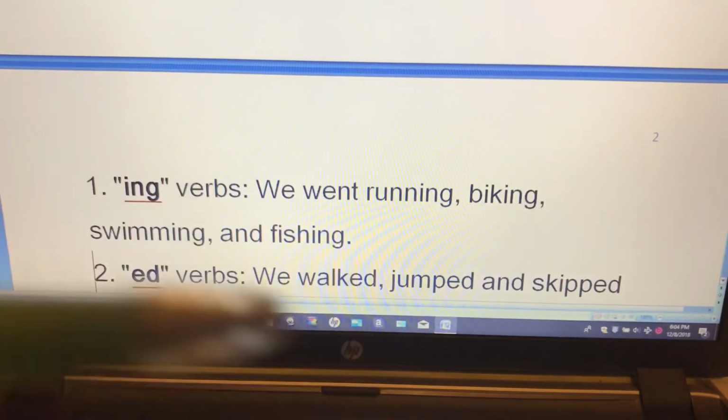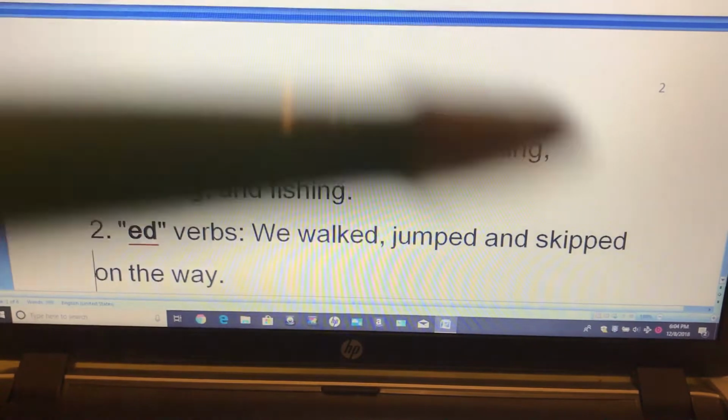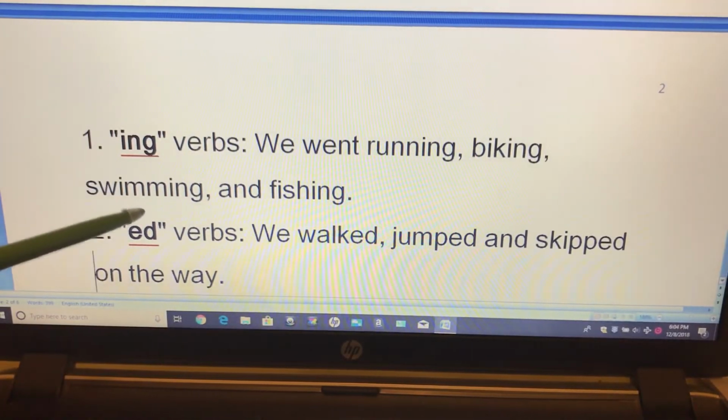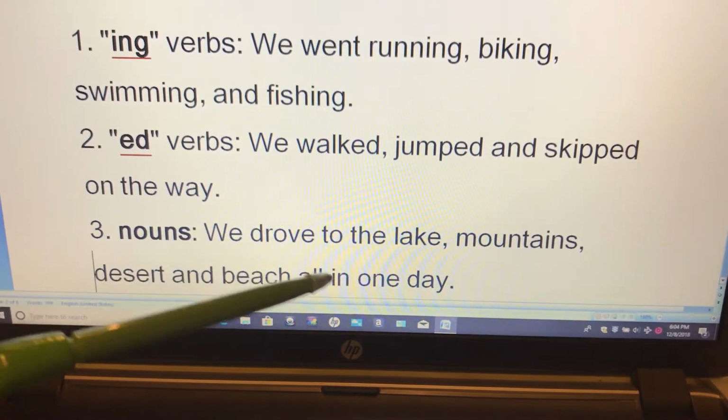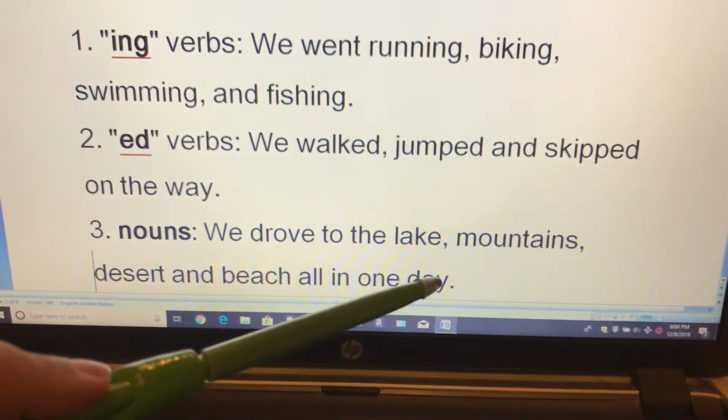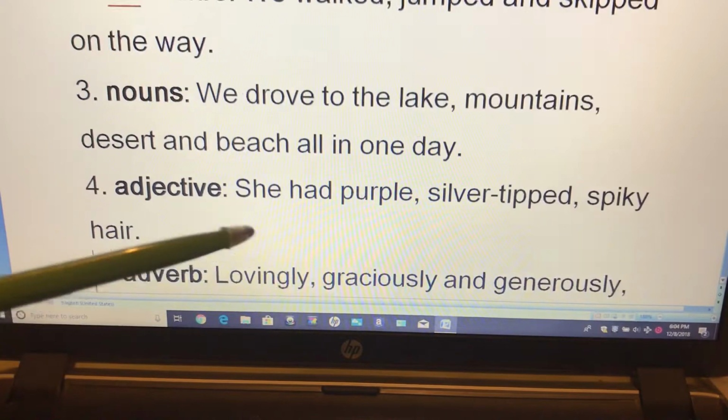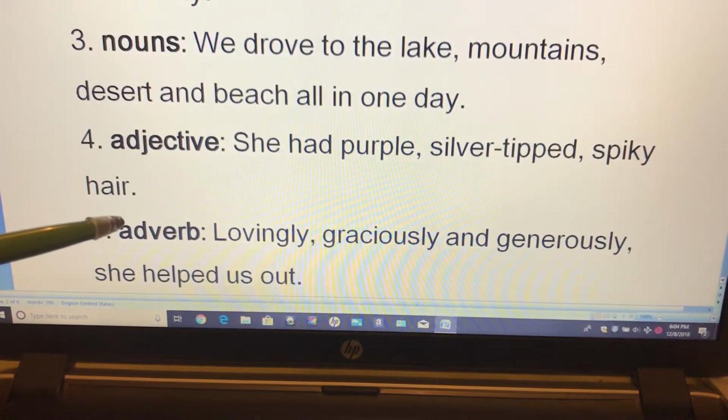We went running, biking, swimming, fishing. We walked, jumped, skipped on the way to school. We drove to the lake, mountains, desert, and beach all in one day. So these sound nice. These sound like good proper sentences. Another one right here,